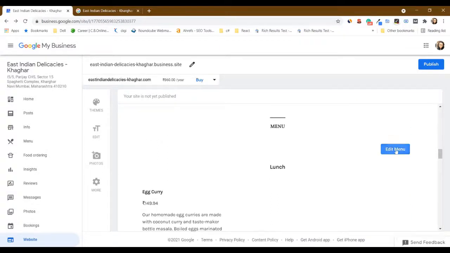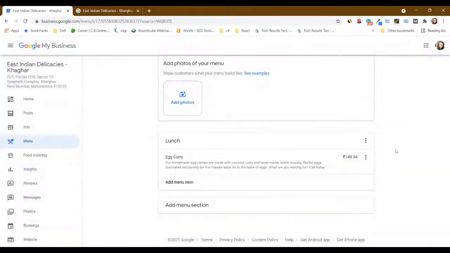Alright, so if I click on edit menu, here you can see I have added one picture. I can add more.